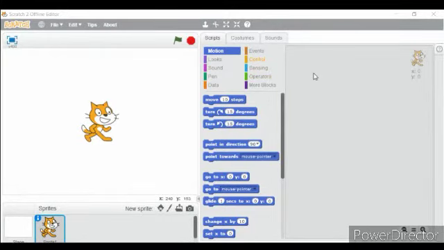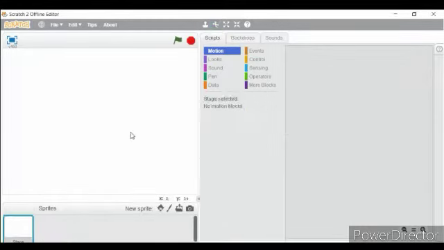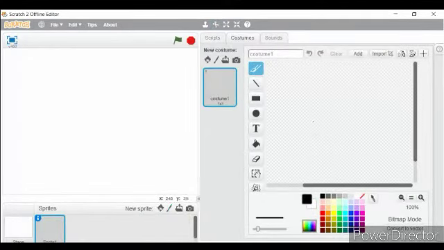And today, in this coding tutorial, I'm going to show you how to make an RPG game in Scratch. So let's delete this cat sprite and make our sprites for today. So first we'll need a character. So I'll take a gray square